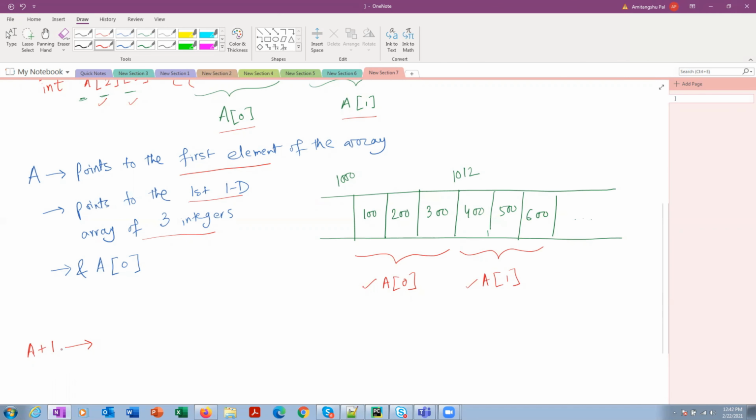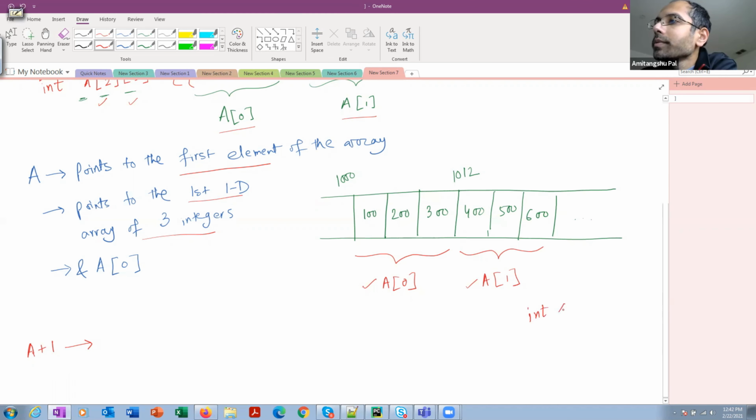Previously, what did we learn? If P is an integer pointer, then P plus 1 will point to the next possible integer location. If I add 1 to a pointer, it will point to the next possible location of that particular type.